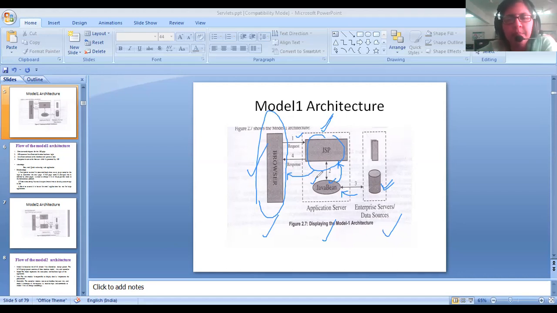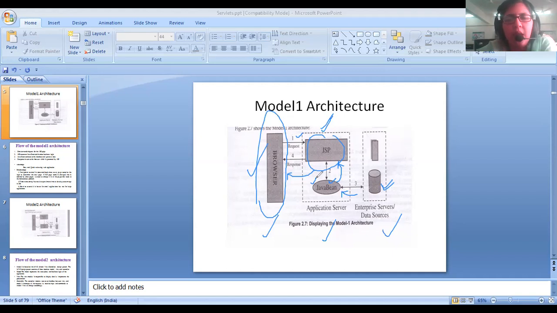For example, if I want to have a Java Bean for a student, I have a class called student where the name, USN number, and the email ID, these three attributes, are there. To modify them and to retrieve their values, we will have methods like get name, get USN number, set USN number, get email ID, set email ID.